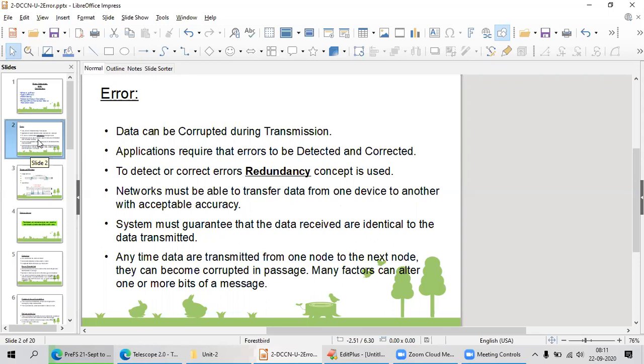Every piece of my data is transferred through voltage only. High voltage is 1, and low voltage is 0. When I am transferring data, there may be a chance of some technical glitch. There are so many factors for erroneous data to be transferred, or for errors to occur. How to detect them, we are going to see in this chapter.